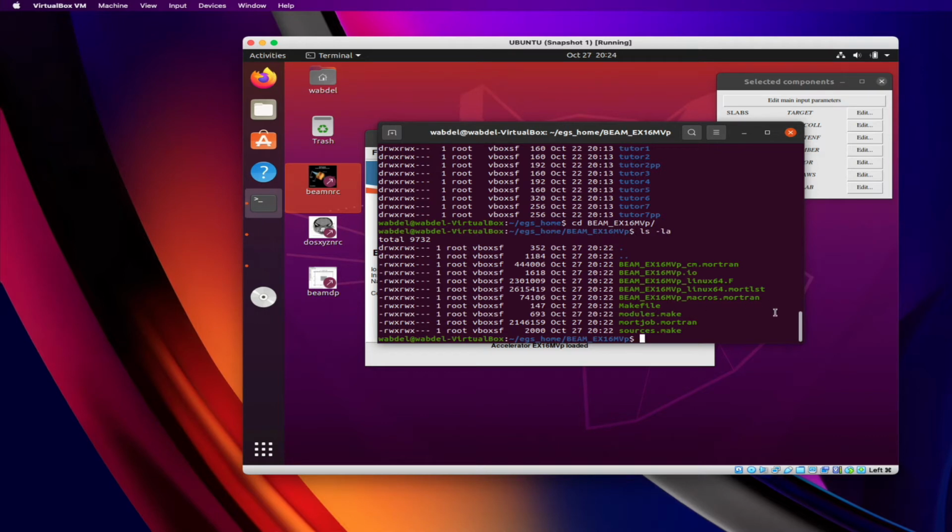Let's go into that directory and see what we have there. The code, I think, is in this Mortran file, and it has the code for the linear accelerator. That code needs an input file, and the input file for this demo accelerator is available in the HEN_HOUSE directory. So we need to copy a file,